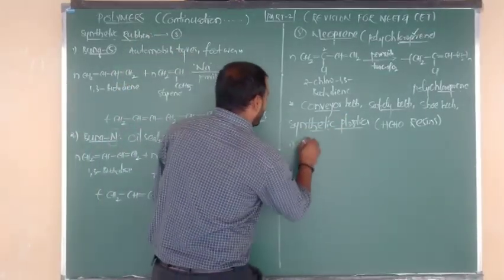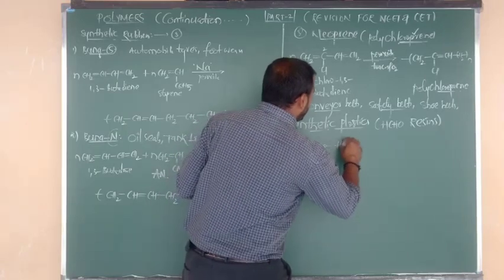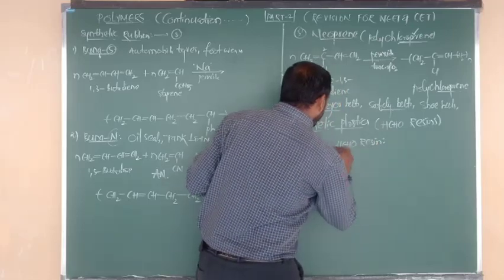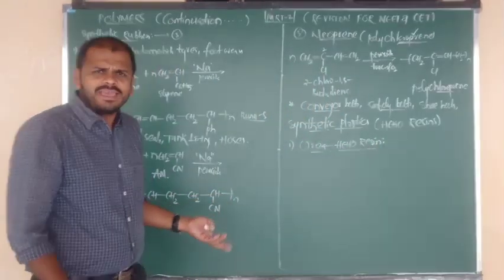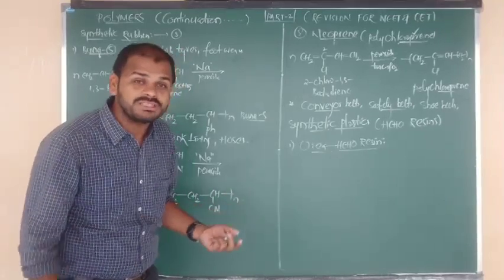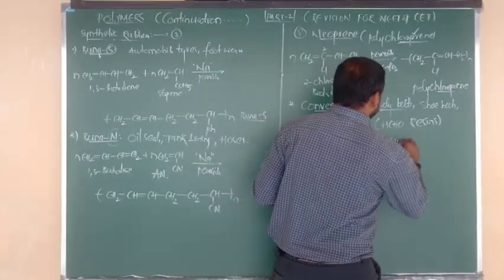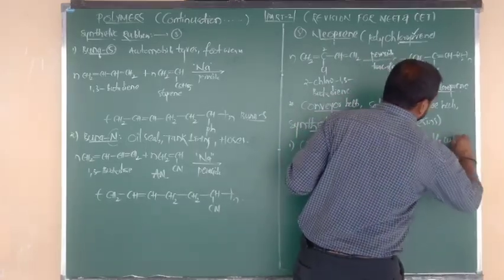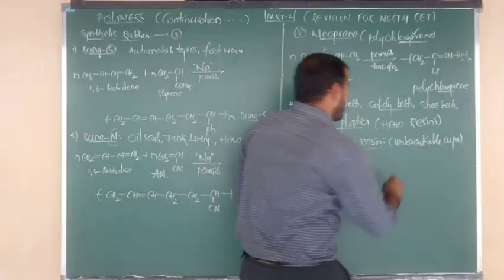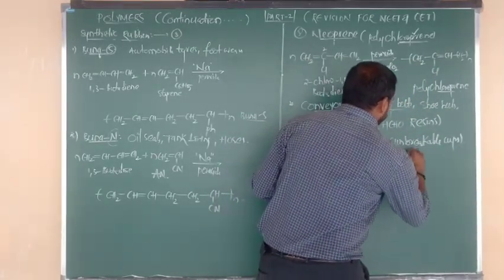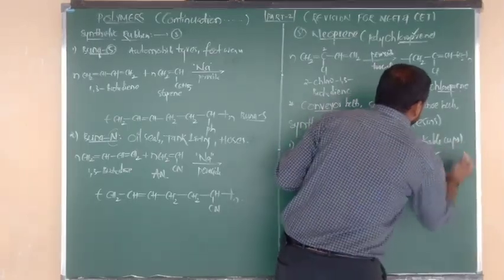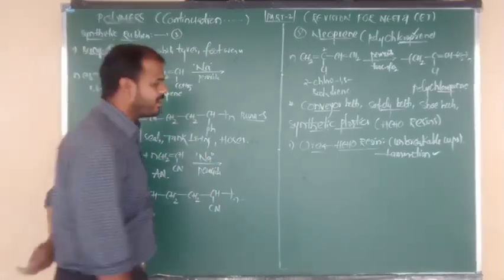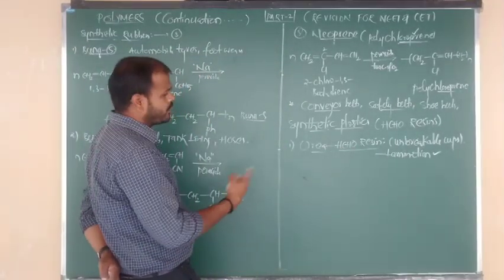Okay, in that let me write number 1. Urea formaldehyde resin. What, beta? Urea formaldehyde resin. So same thing here, it is also a synthetic plastic. Where we are using this resin, we are using it in making unbreakable cups, and also in making laminated sheets. In lamination sheets also we are using what, beta? Urea formaldehyde plastics. Okay. So how many monomers are there? 2 monomers, urea and formaldehyde.